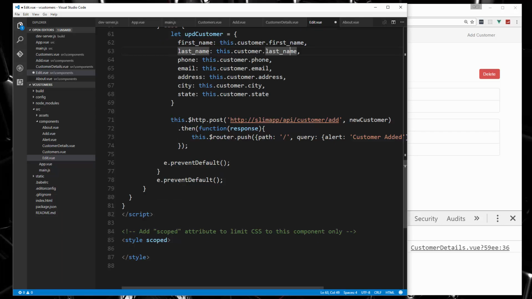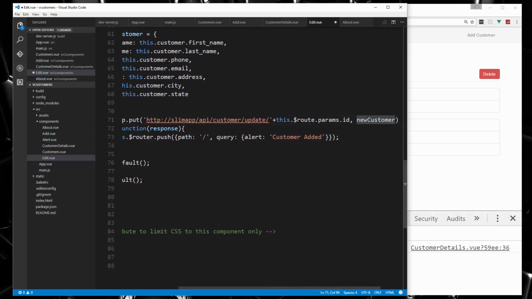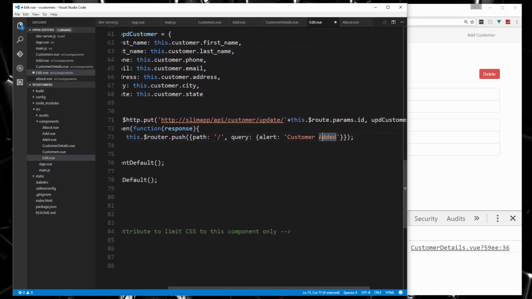That can all stay the same, and then it's going to make a request, but we want to make a put request this time, and we want to make it to API/customer/update, and then the ID is going to come from the route, so we can say slash and then this dot route dot params dot ID. Okay, and then we're going to pass along the update customer object, and then we're going to redirect. That's good. We'll change this to updated. Alright,